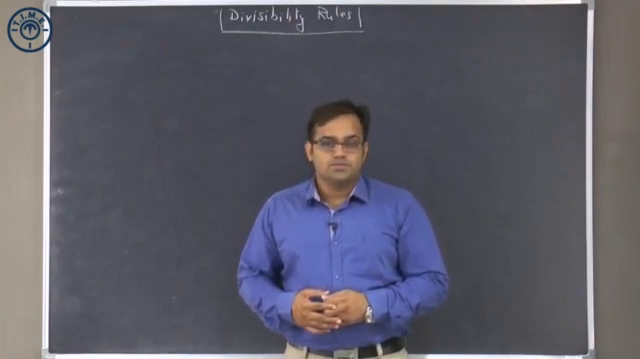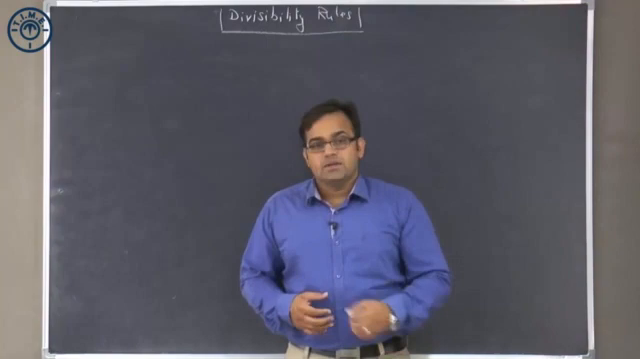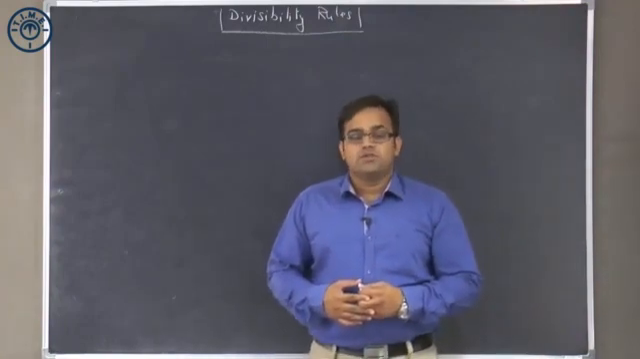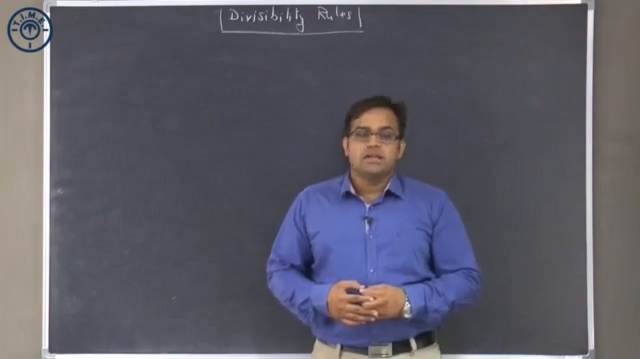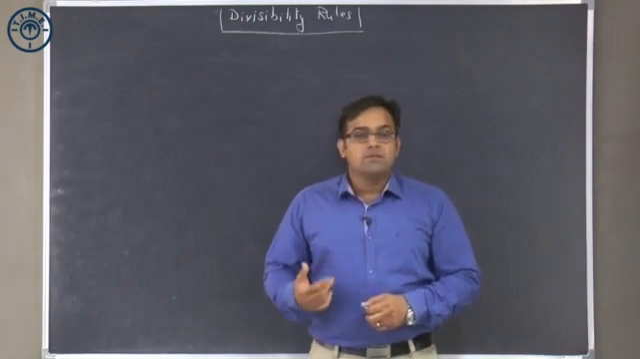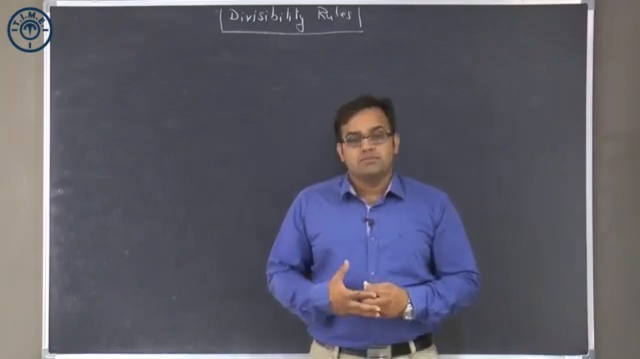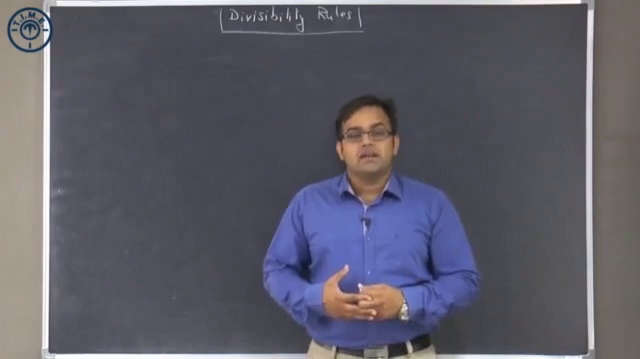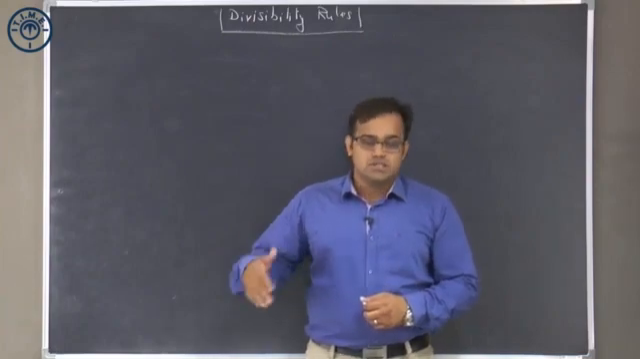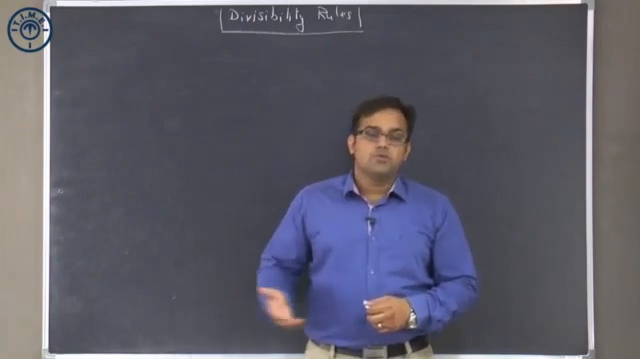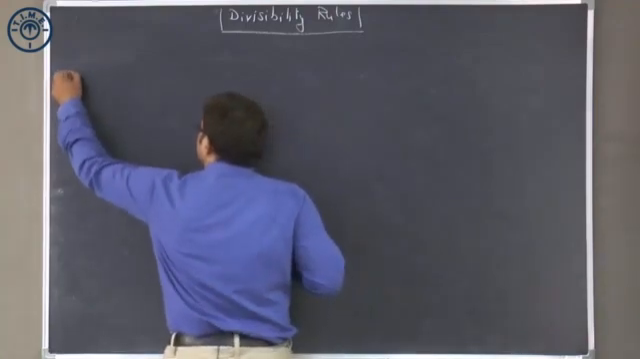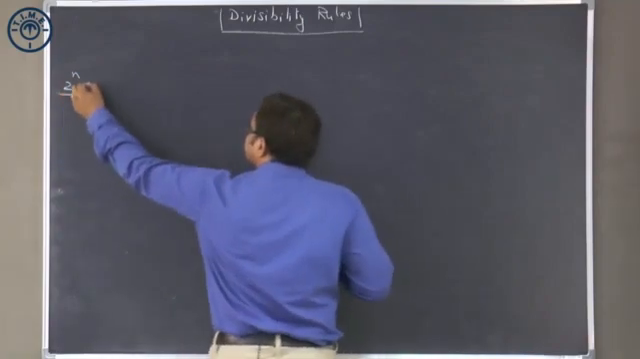Extending the idea, the divisibility rule for 4: if the number formed by the last two digits of a number is divisible by 4, then the entire number is divisible by 4. Divisibility rule for 8: if the number formed by the last three digits of a number is divisible by 8, then the entire number is divisible by 8. Divisibility rule for 16, last 4 digits; 32, last 5 digits; 64, last 6 digits, and so on and so forth. So in general, the divisibility rule for 2 to the power n would be